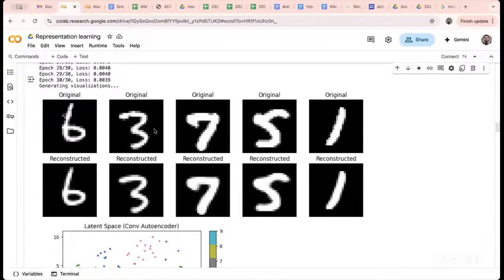Sir, what do we have to do? Do we have to train it on different data sets? Yeah, you can try. Also, about dimensions, if you change the input image dimension, all layers' dimensions also change. In our case, it is 28 cross 28. If you take another image, the dimension will change.